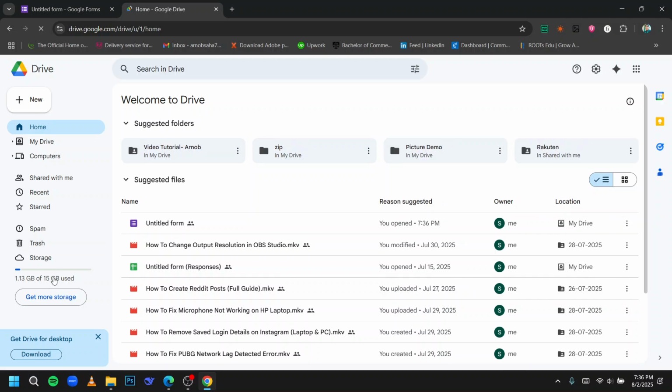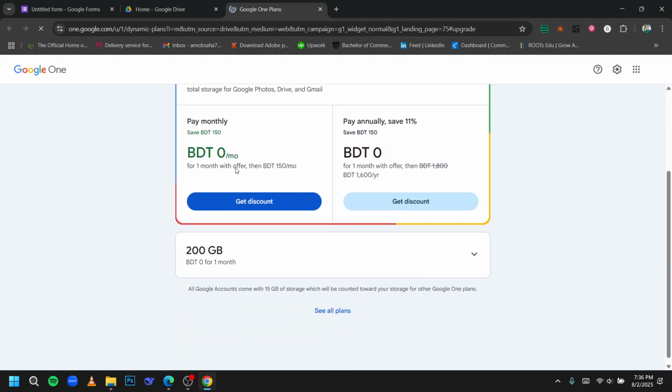Here you can see my storage is 1.13 GB of 15 GB. So if your storage is full here, it will most likely be that the form will not accept any responses. So if you would like to expand your storage, what you can do is click on the get more storage, and here in the get more storage you will get lots of options to